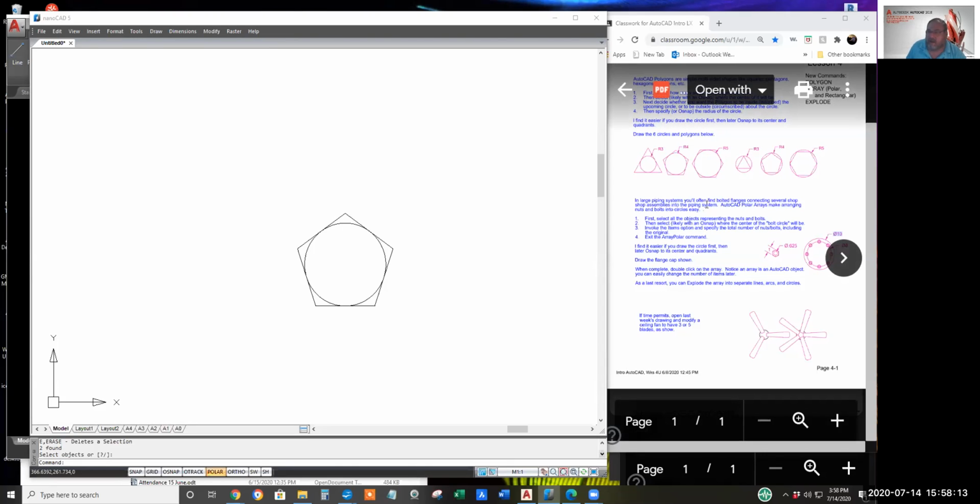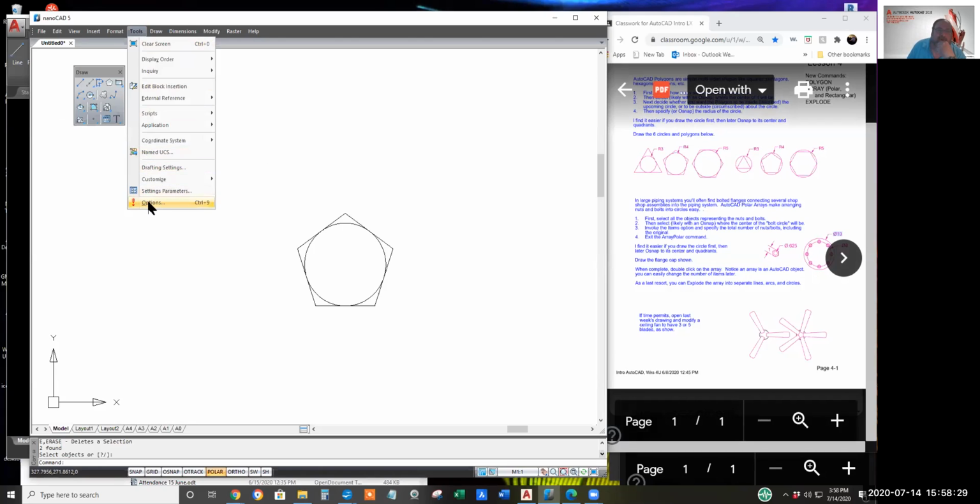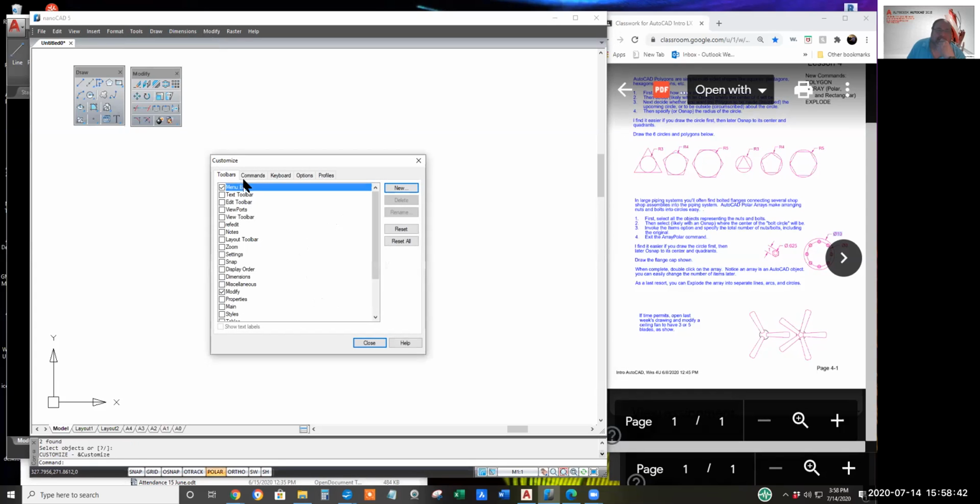Next in NanoCAD, we've got the polar array command. Click in NanoCAD and these toolbars come back. By the way, you get the toolbars to come up with, I believe, Tools, Customize, Interface. And I think at this point of training, we only need the Modify and the Draw toolbars.